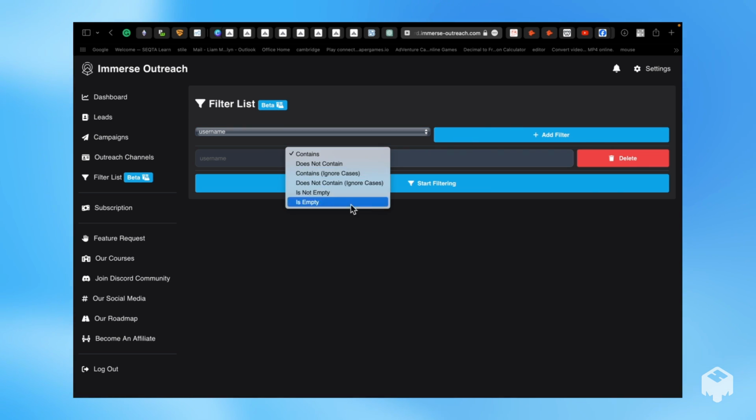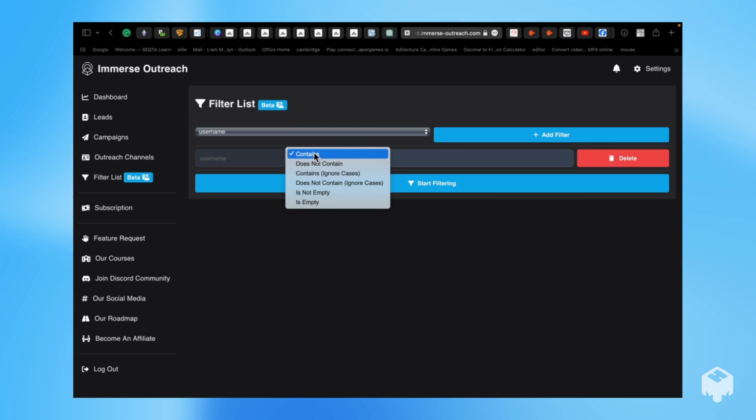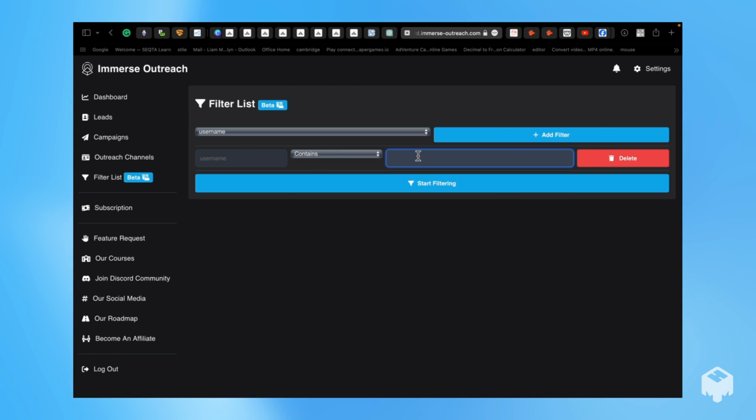From the username, if it's ignoring cases, that just means if you type in hello, no cases, it will also look at hello with cases and things like that. Can't remember what those two actually do, but it's pretty easy. If it doesn't contain, contains usernames, I guess you'd use it like if